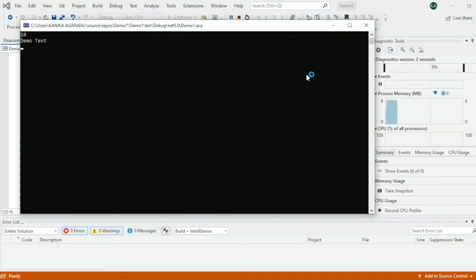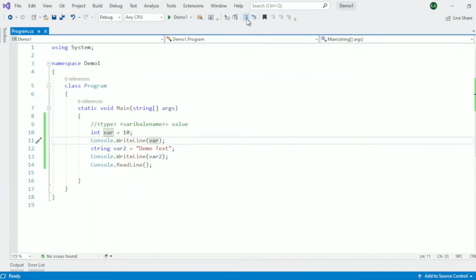You can see demo text. If we print it like this, so what will happen?